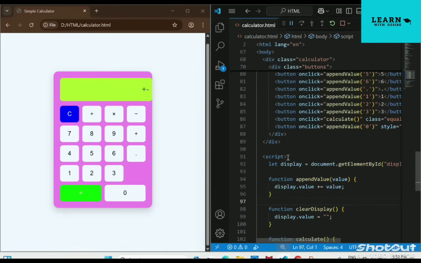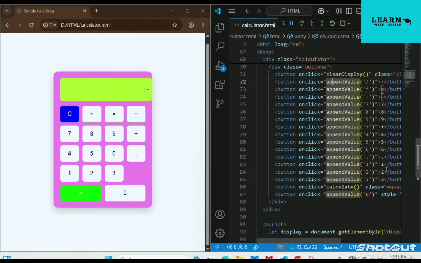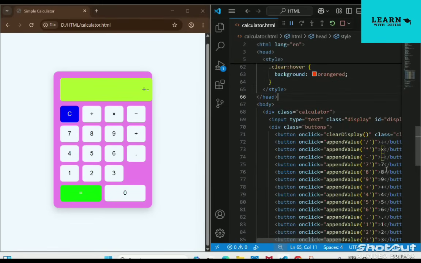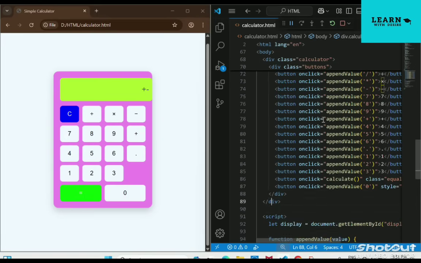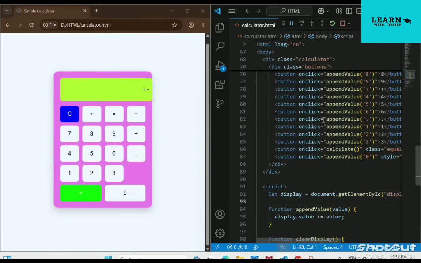Here I take JavaScript code. In the JavaScript code, I have taken the display variable. Here I take document.getElementById. The display ID belongs to the input type equal to text. That means for the input field, the display ID belongs to it, you can see here. After writing document.getElementById display,